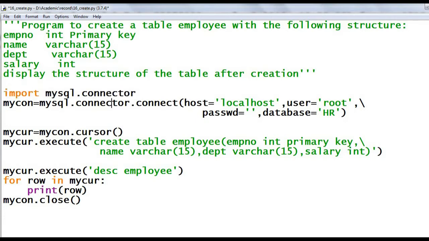mysql.connector. This mysql.connector is not a built-in module, so you have to install mysql.connector before starting the program. Next step is creating a connection object. The function to create the connection object is connect. This connect function is in mysql.connector, so you have to give